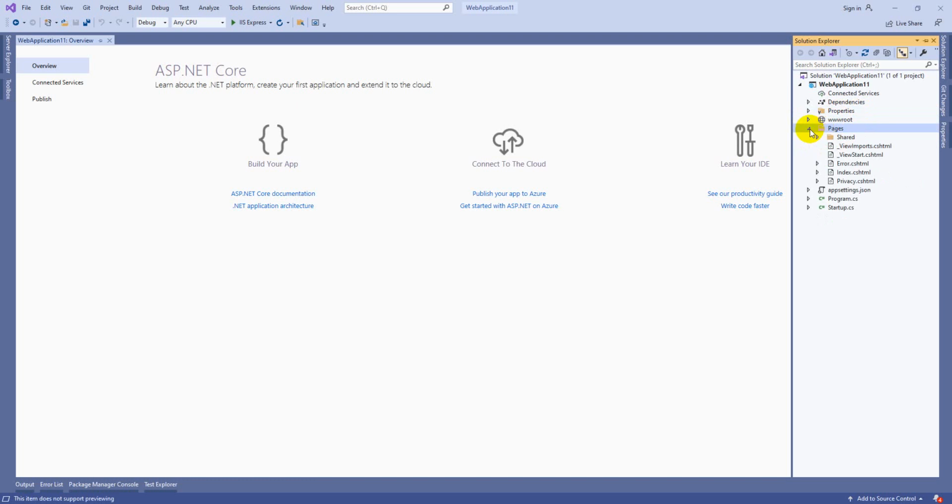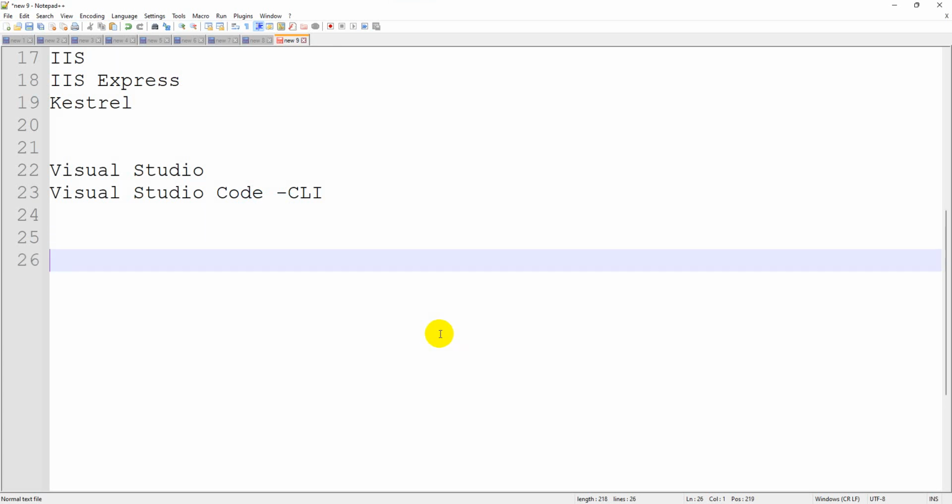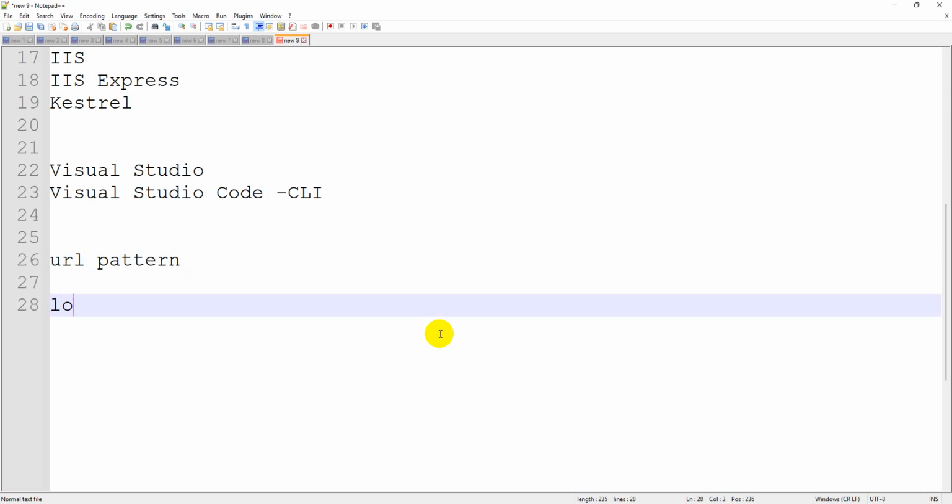The major thing next, you have the option called Pages guys. If you remember my MVC topics, when I was going with ASP.NET MVC in .NET Framework, I said MVC is going to be executed as per the URL pattern. So localhost, whatever the URL is, then the application name. After that you will see the controller name. Later you can see the action method name and question mark id equal to some parameters. So this is the URL pattern I explained to you. I hope you remember all these things.